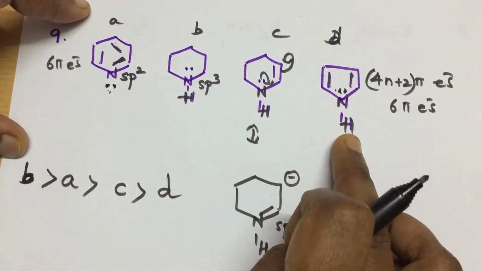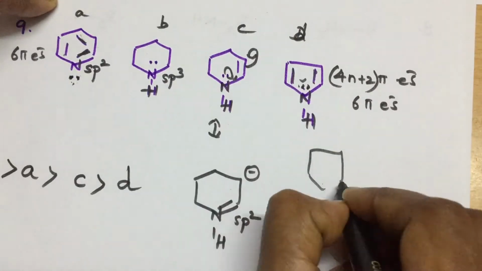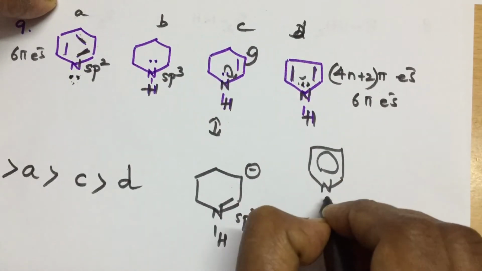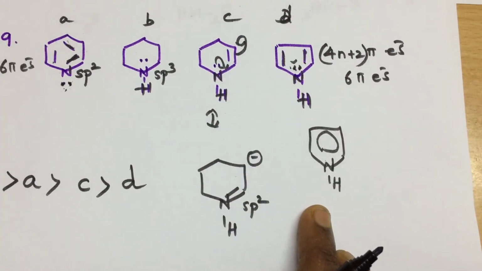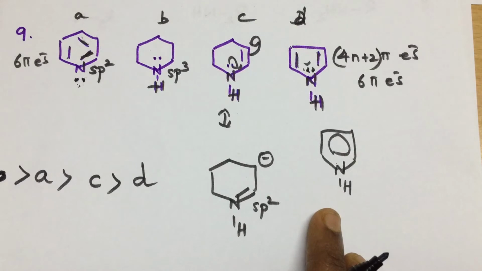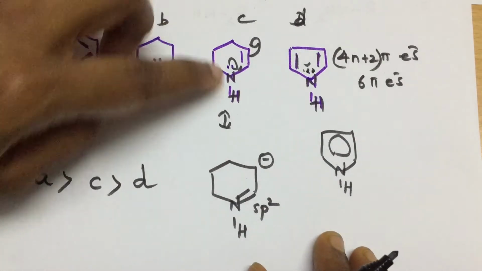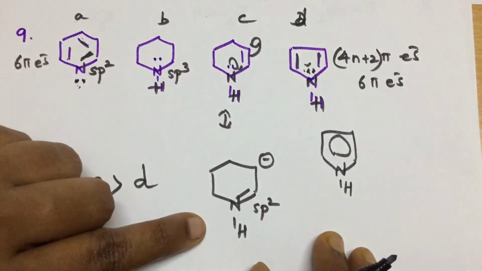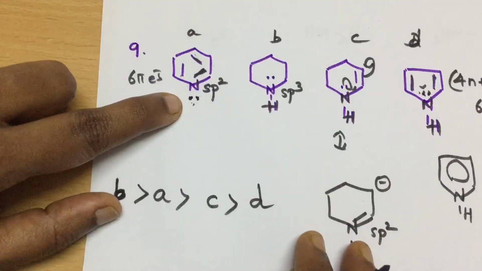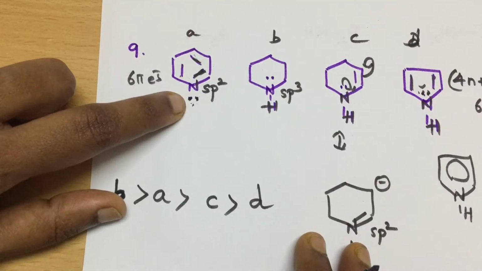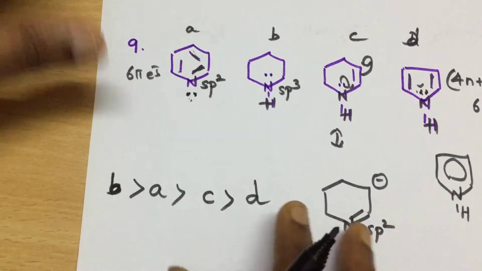This will not at all be available because it will keep on revolving around the ring. It will not be available even for a microsecond. Not even a resonance structure can be written. See, here it is partly on nitrogen and here on carbon. Somehow it is available. And this is totally available even though it is sp2 hybridized, because it is not at all involved in resonance. Okay, so like this you have to solve.